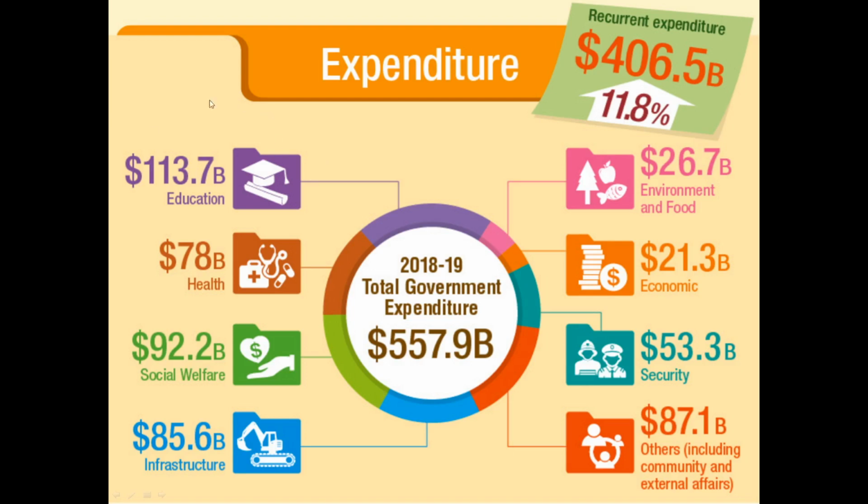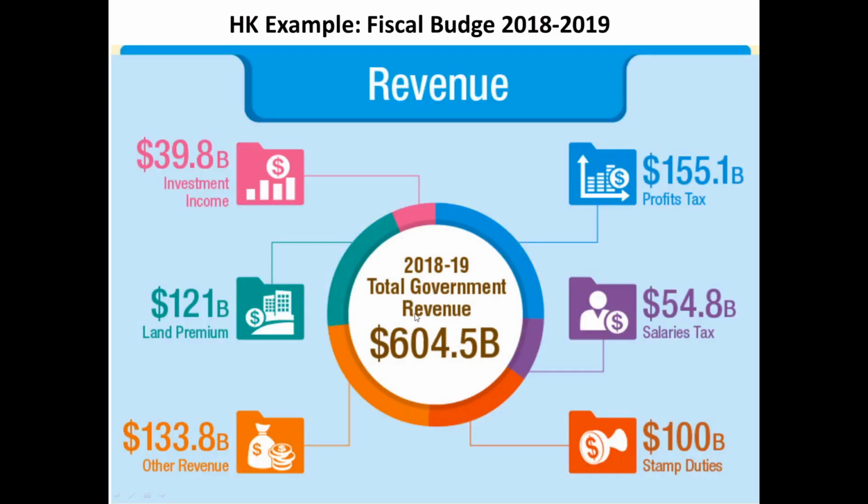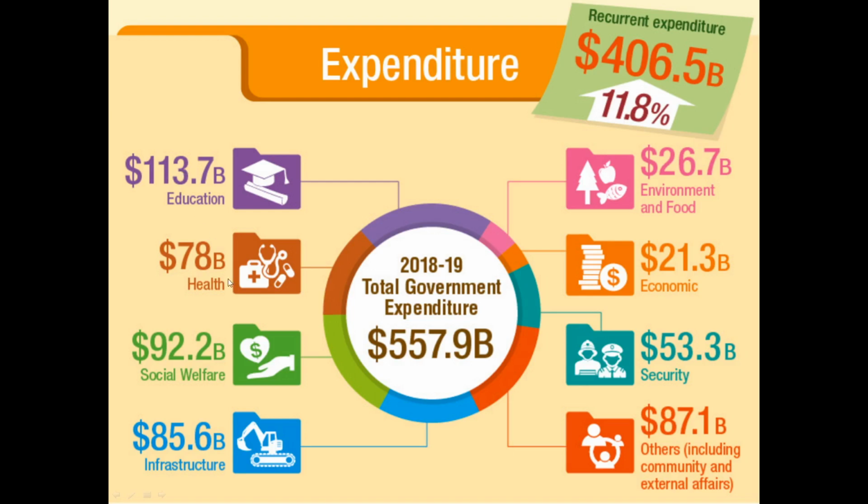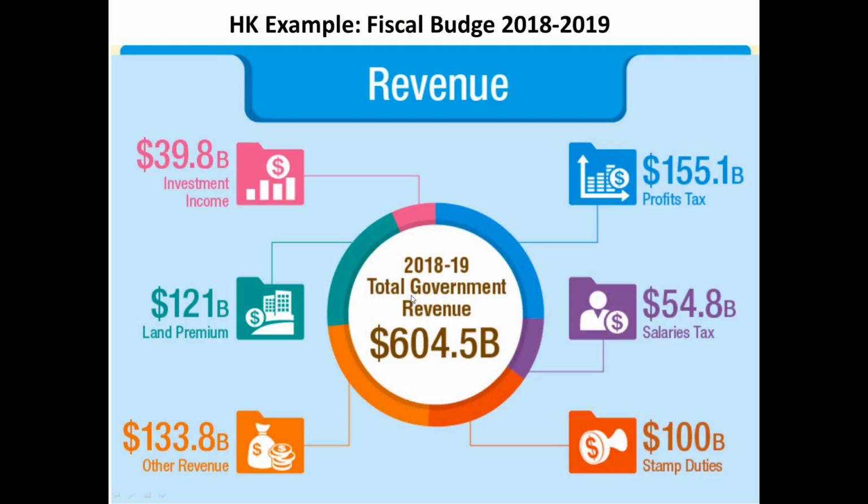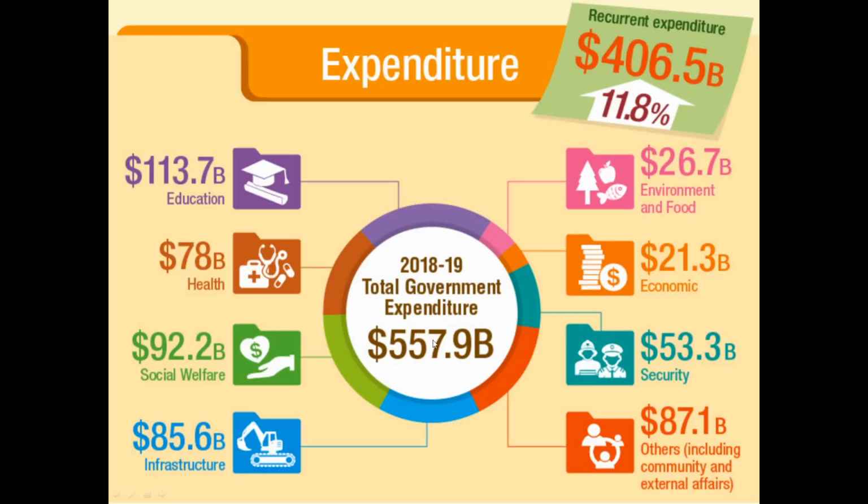So I would say on the left hand side, these are the most important things that they would spend on. When you are writing some of your answers, it's always good to provide examples. So when you explain, now when we earn more revenue, we can spend more on education, health, social welfare, infrastructure, etc. This is just the case in Hong Kong, and when you look at the two figures, the revenue and expenditure,